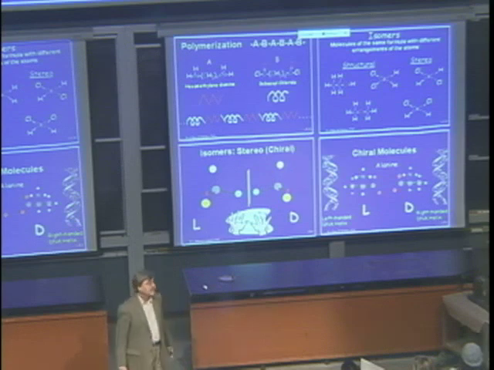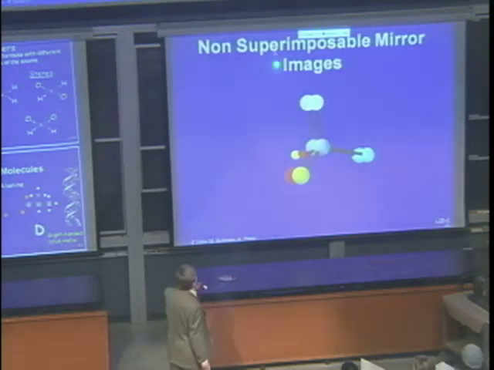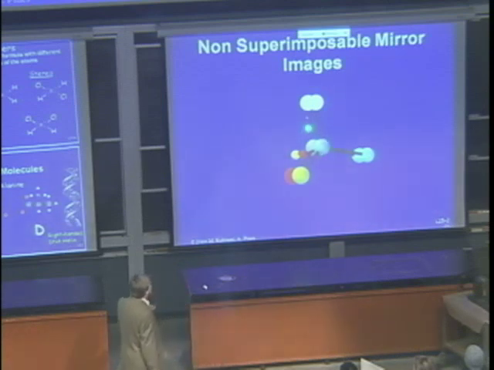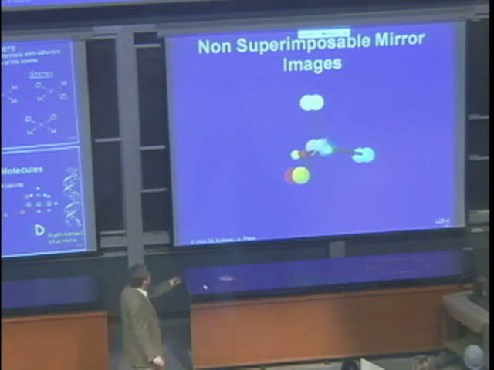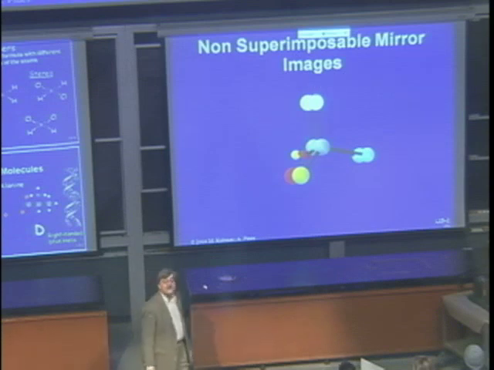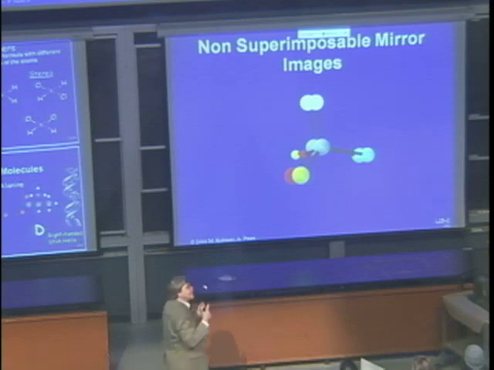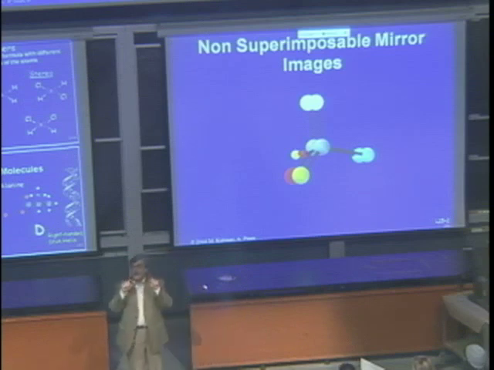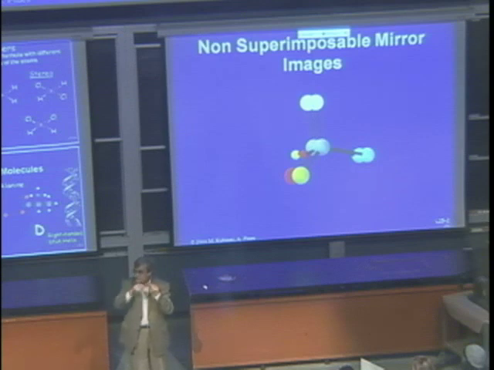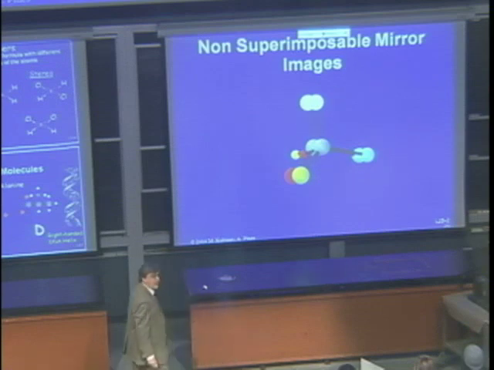I've shown that to you. If you look here, for example, at this non-superimposable mirror image, this is the mirror image of this one here. And I've shown this to you with a model where you have this chiral center, and then you have 1, 2, 3, 4 different molecules there, all right? But sometimes it's a bit more tricky. Sometimes you have to have a much closer look, and it's not just the molecule, it's the whole group on a side that binds to the central atom, okay? So 4 different things,